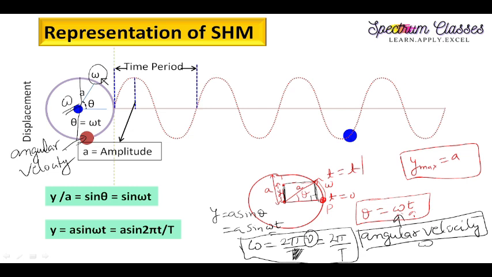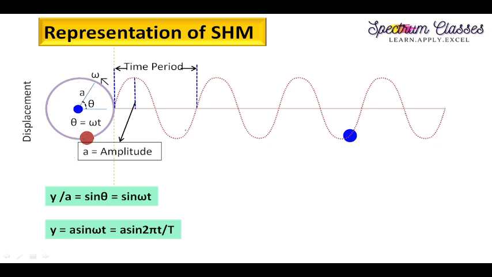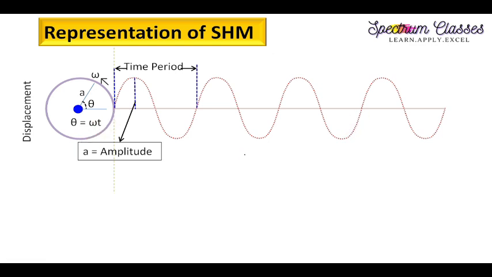Here you can see it is showing the frequency, meaning the number of cycles completed in 1 second. So there are two different terms. One is angular frequency and the other one is angular velocity. This angular velocity is for the point which is on the periphery of the circle, and this angular frequency is for the point which is at the center of this circle. So I hope you understand. And now these are the usual meanings.